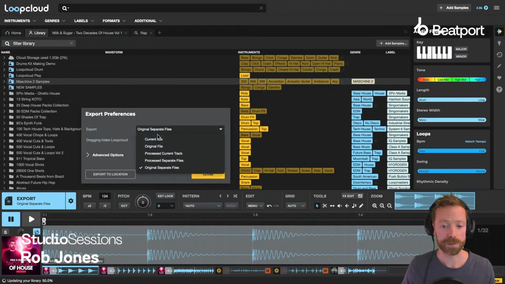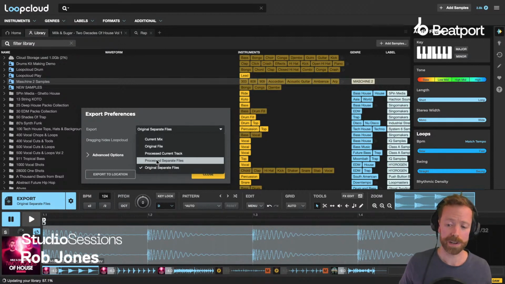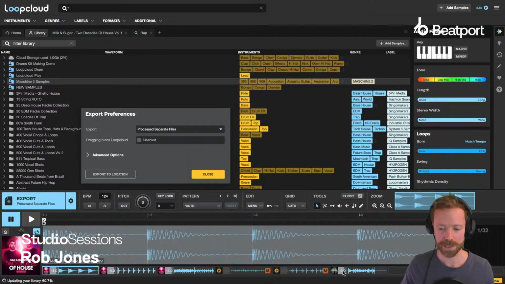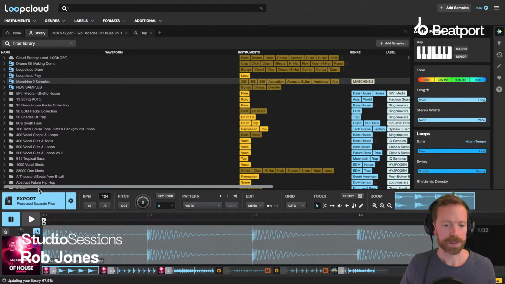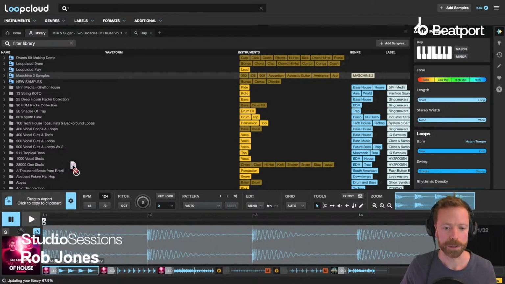But if you're working with lots of tracks, then you need to make sure you've got the right mode selected here. So we could just drag all the samples out as original separate files. Because we're basically working with entirely loops, we can choose original separate files or process separate files, and it's not really going to matter too much. I'm going to choose processed because maybe I made some adjustments to the level using the faders and that kind of thing. So all I have to do then is click the export, drag it out, and you can see we've got our loops here,